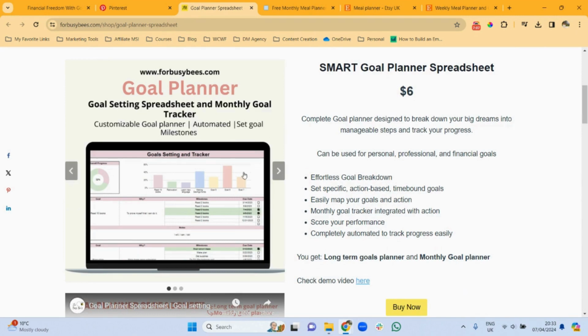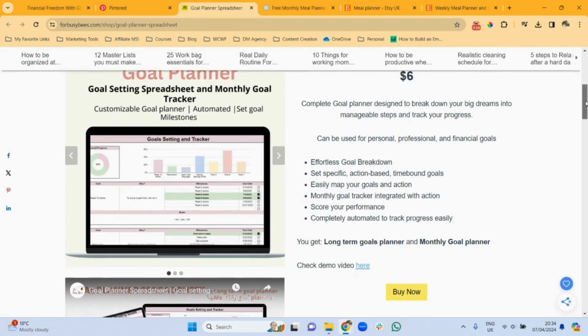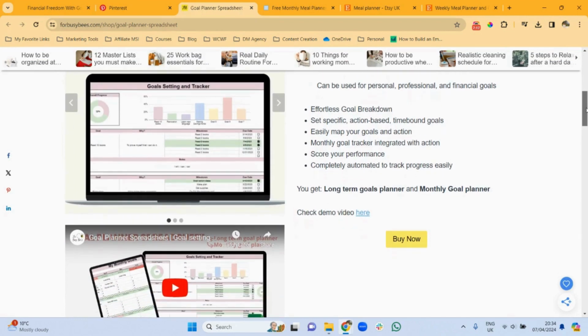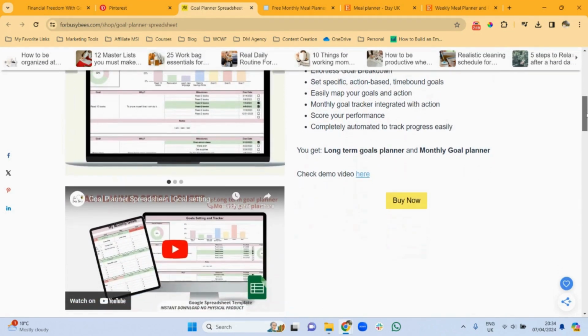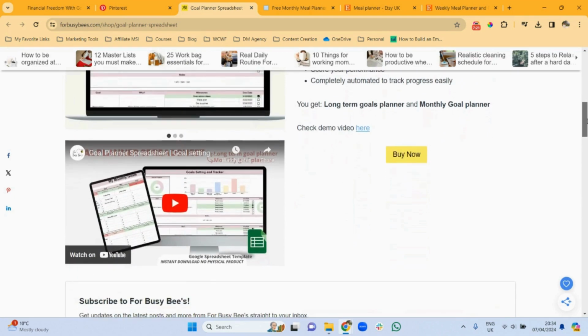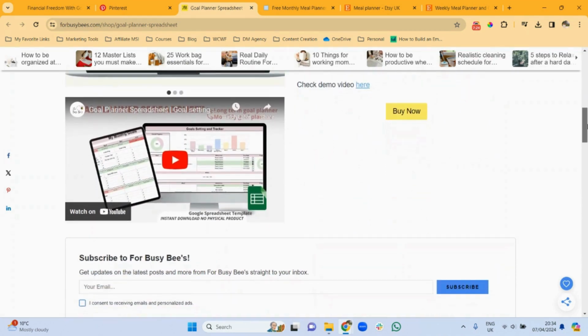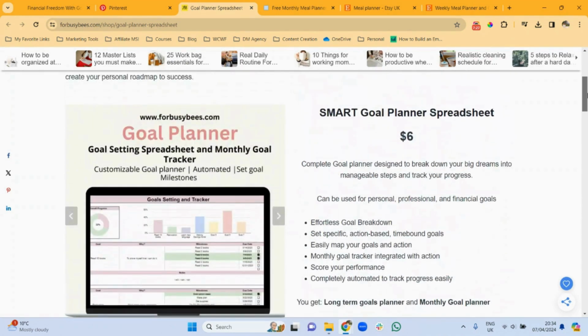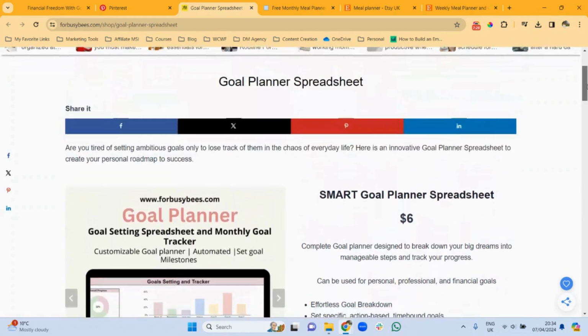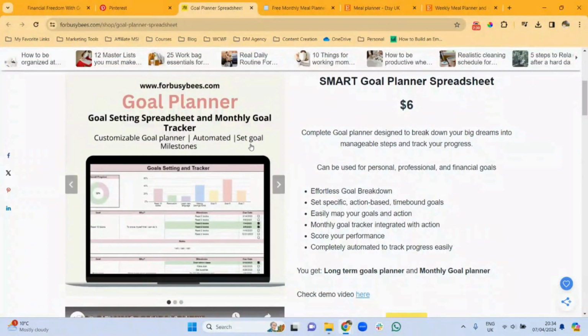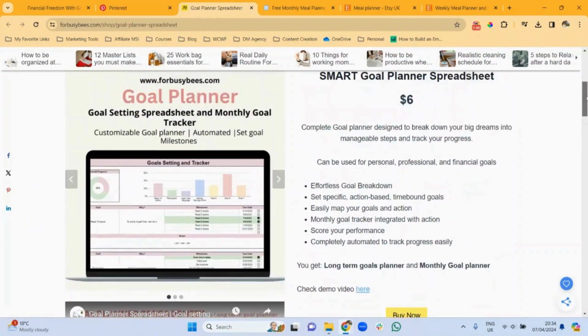So a spreadsheet like this allows customers to set, track, and analyze their goals, keeping them motivated and accountable along the way. So imagine selling a spreadsheet like this that lets people turn their aspirations into achievements. So it's not just a planner, it's something that's going to set them up for personal growth, and you can be part of it by creating a digital product like this to help them. I think this is going to be a very valuable asset to any digital marketplace.